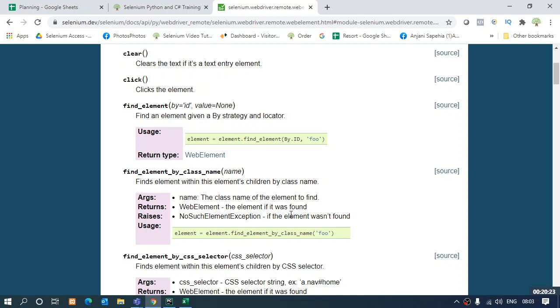Okay, just a minute. There might be some lag. I'll just switch to another connection. Just wait.